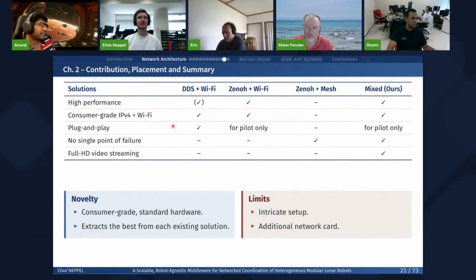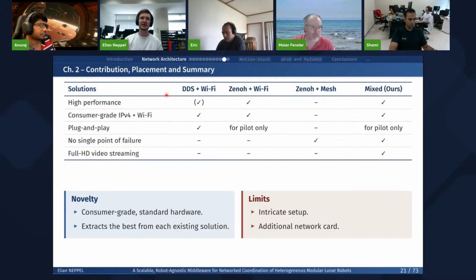So you're now creating a separate data path for the video? Yeah, exactly. And I think it's very important in robotics to have mixed topologies and mixed protocols, even though people do not tend to do that. I think it's very important to extract the best of everything that's available, the best of all technologies.